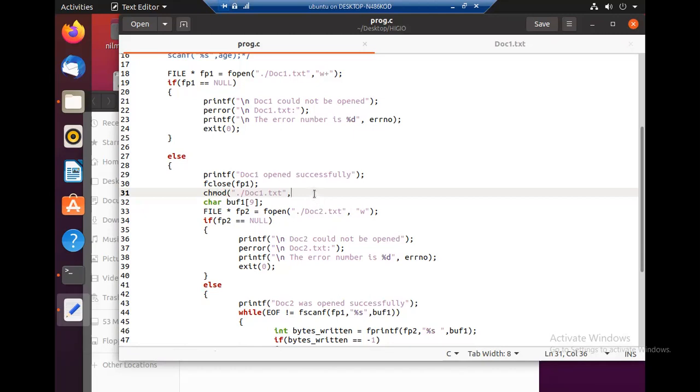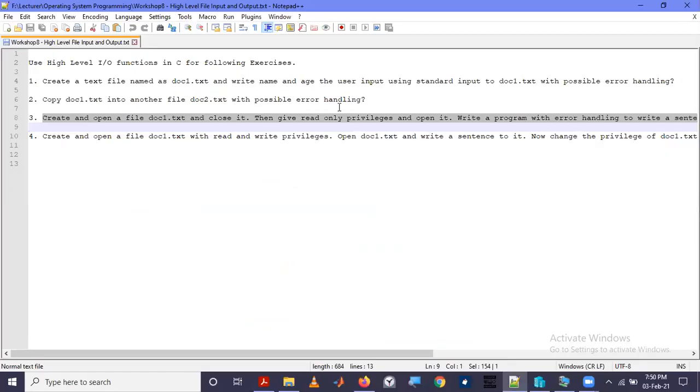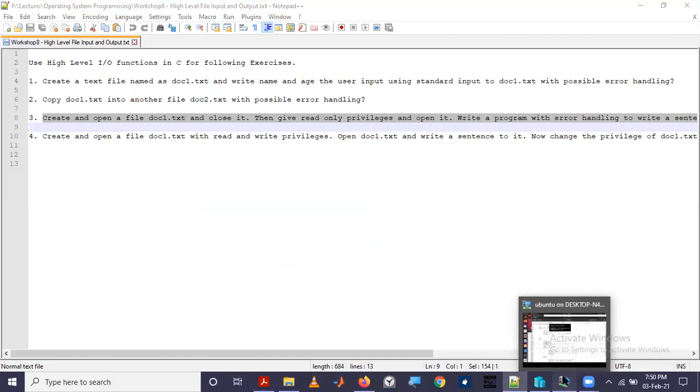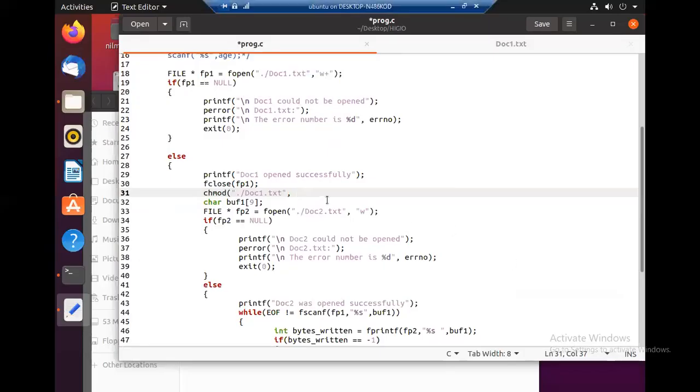So the modes, you must remember that if you want to give read privileges for all, so you have been asked to give read only privileges, and then we have to open it. So how to give read only privileges? You must remember this.